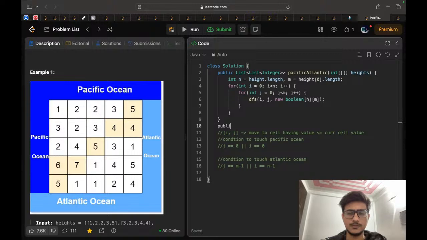So public, let's say we initialize it as a boolean and check if we can visit the Atlantic Ocean from this position. So this will be of boolean type. So int i, int j,